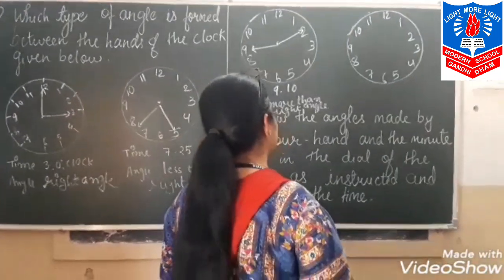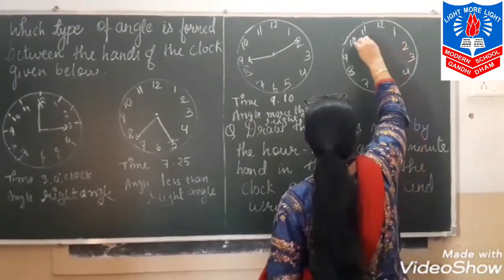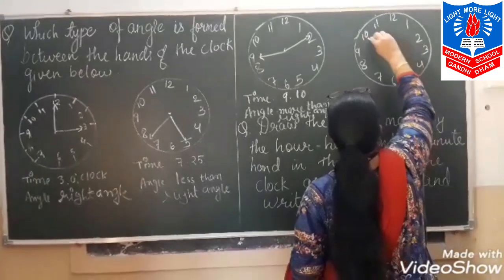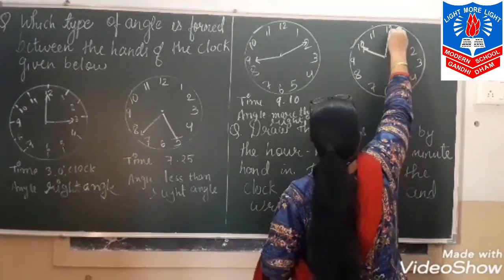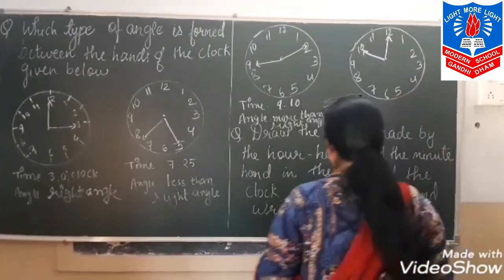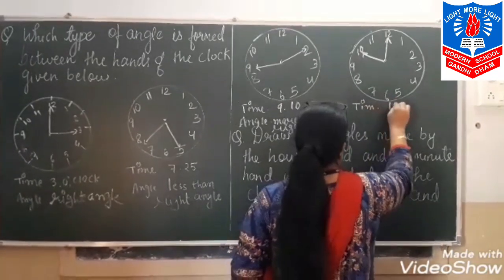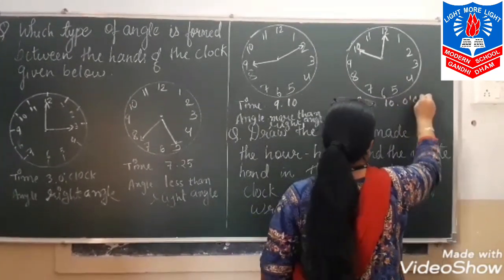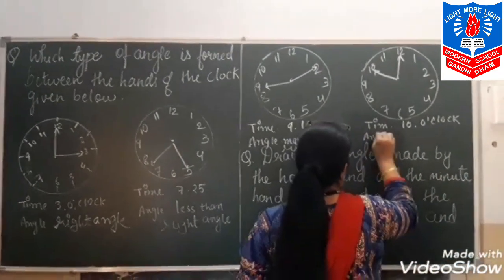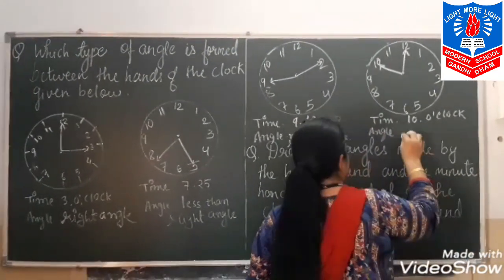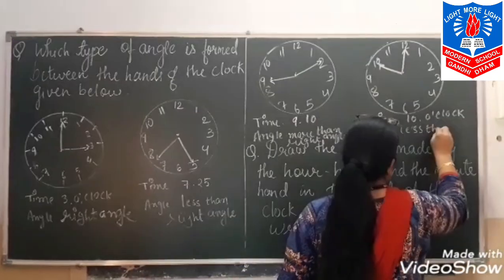Now we see another example here. Suppose our hour hand is on 10 and the minute hand on 10, time 10 o'clock, angle less than